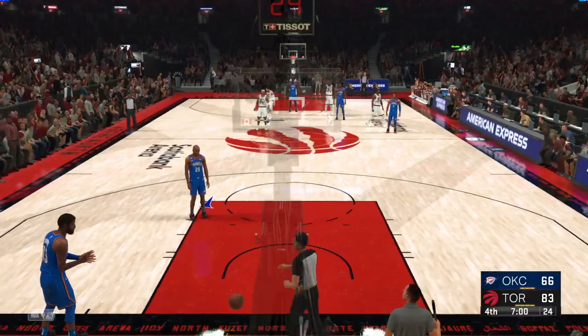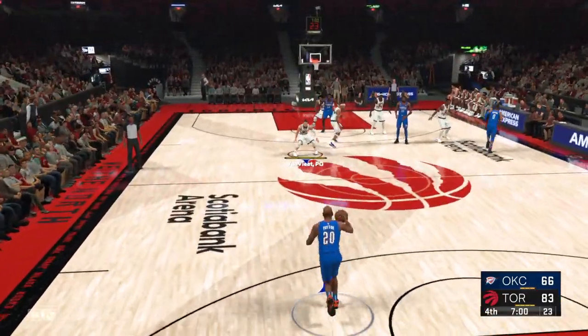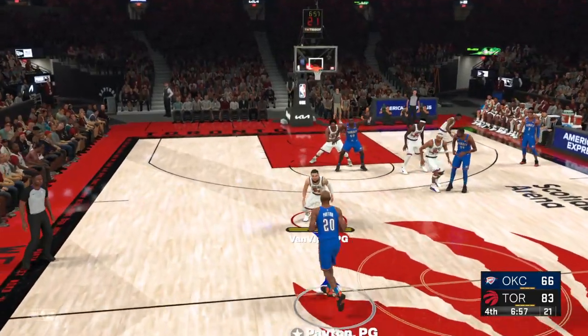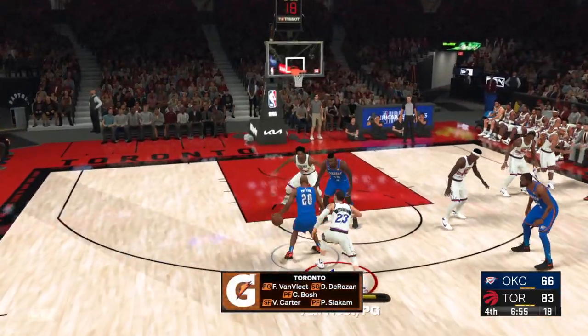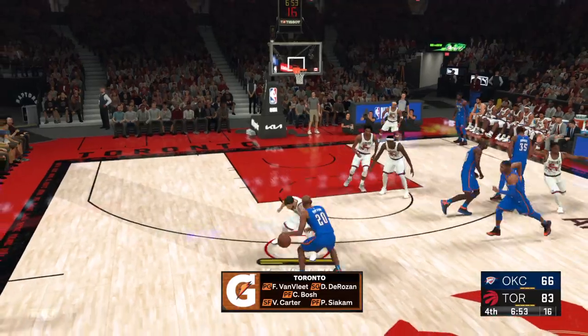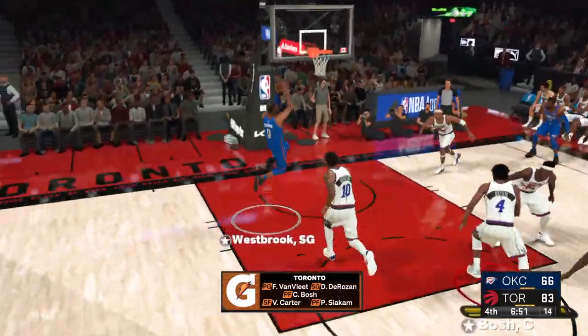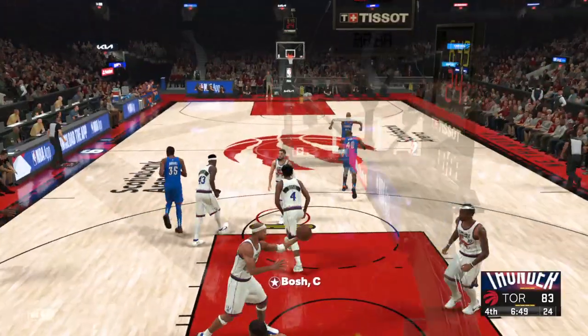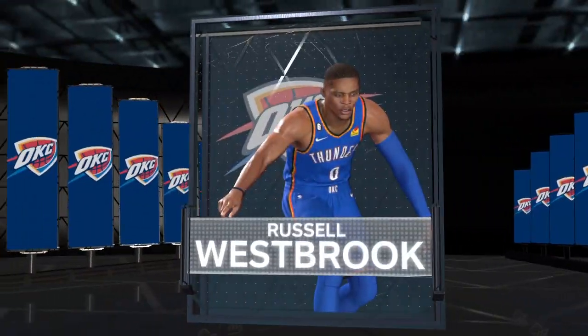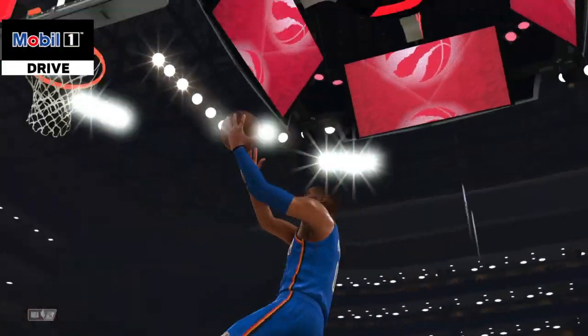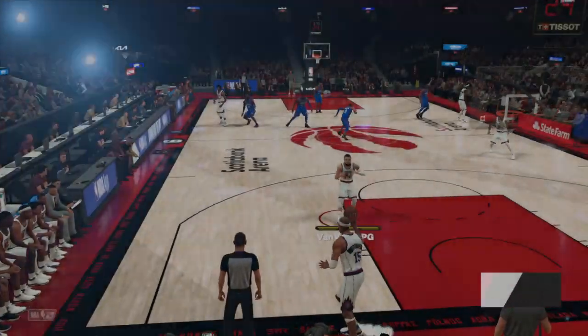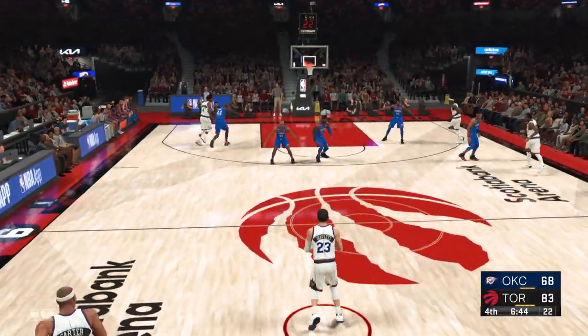And we reach the fourth quarter in a game that may be already out of hand. DeRozan out there with Fred VanVleet. Then it's Pascal Siakam. Then there's Carter. And it's Bosh in at the center, locking down the middle. That's the 5 out there for the Raptors. And this team encourages Westbrook to look to score inside. You can see why with these results.